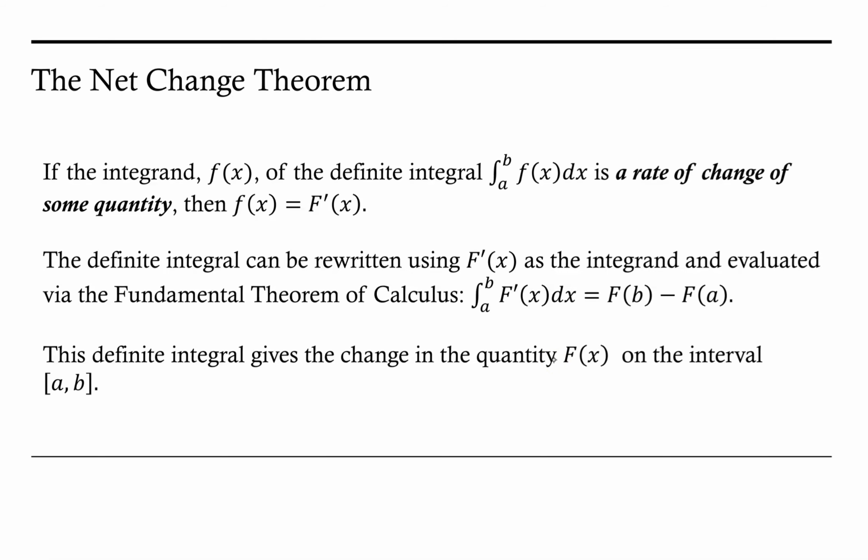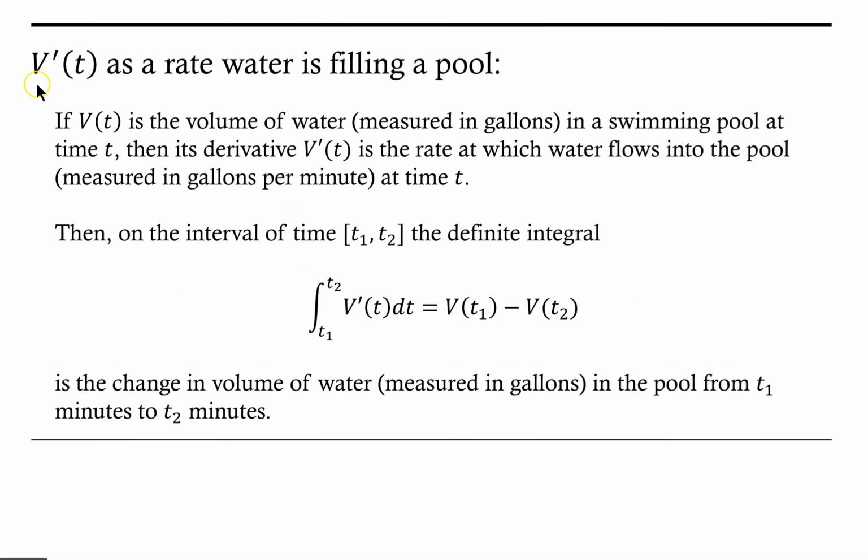theorem's trying to communicate. So our first example is looking at v prime of t as the rate water is filling a pool. If v of t is the volume of the water measured in gallons in a swimming pool at time t, then its derivative, v prime of t, is the rate at which water flows into the pool at time t. So assuming that v of t is the volume of water and that v prime of t